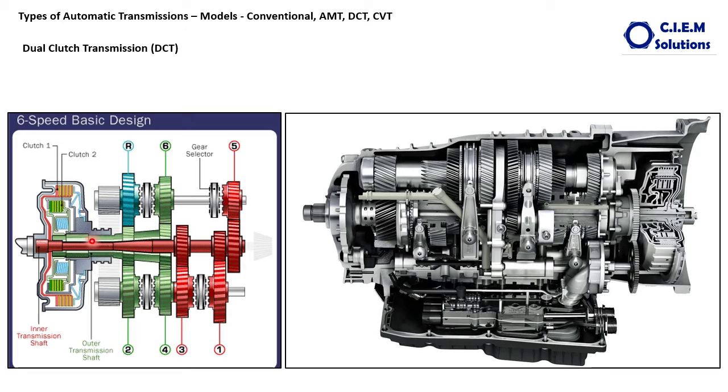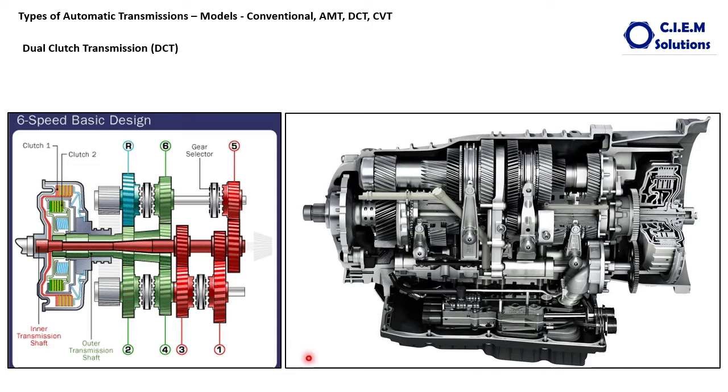this is having two main shafts, the green one and the red one. The two main shafts are connected to the two different clutches. The green one is connected to this green clutch, the red one is connected to this red clutch. These are the clutch springs. Here is a clutch spring, and